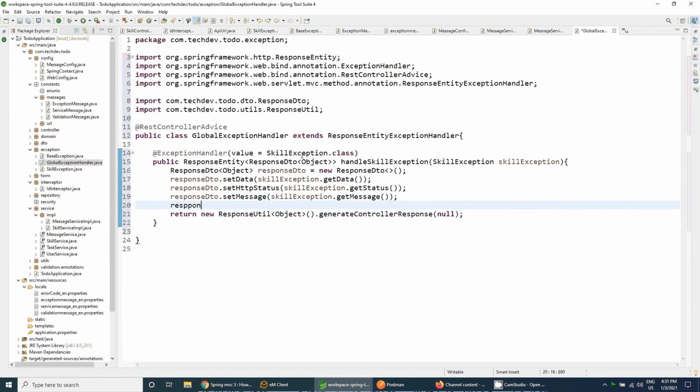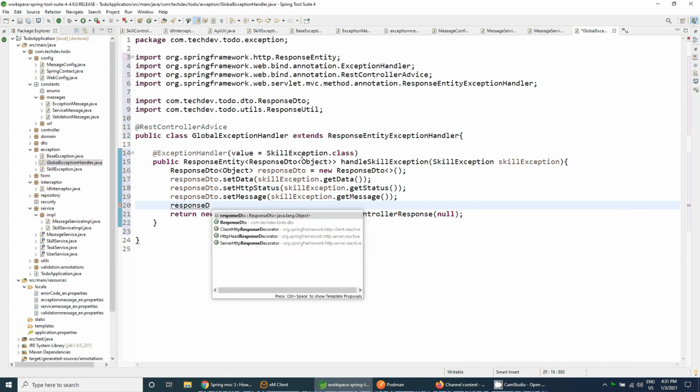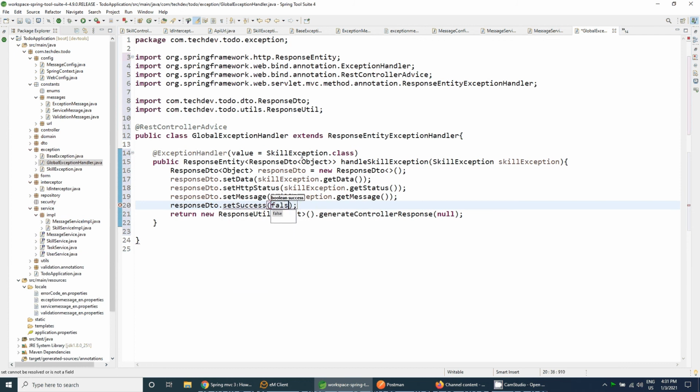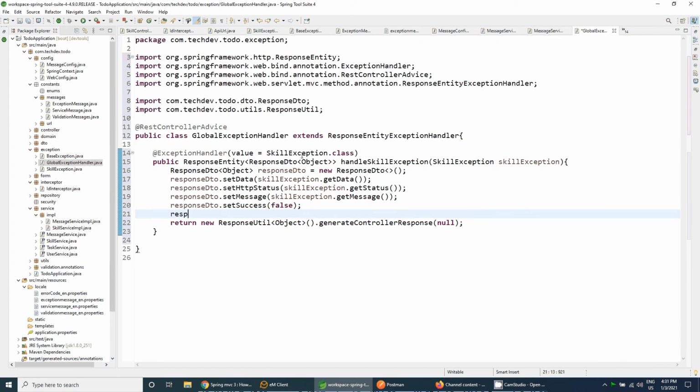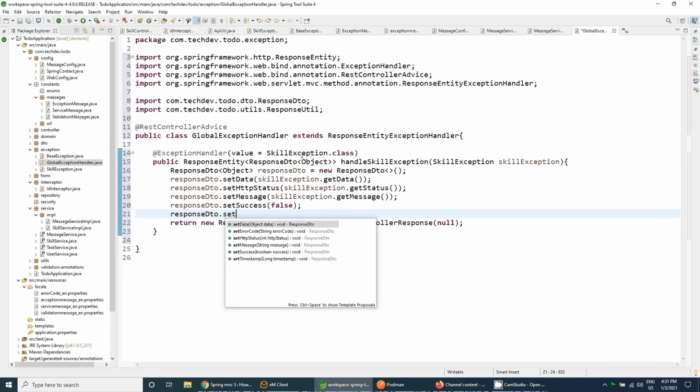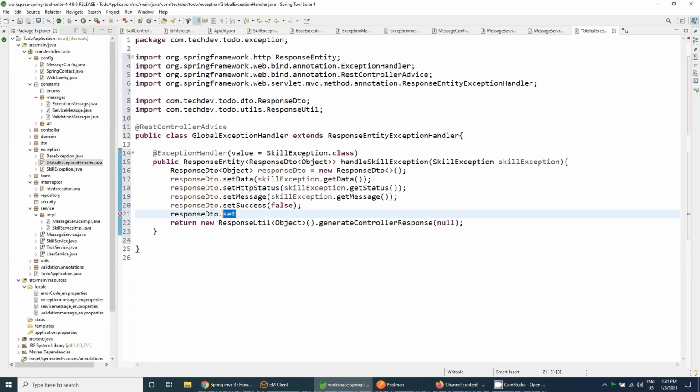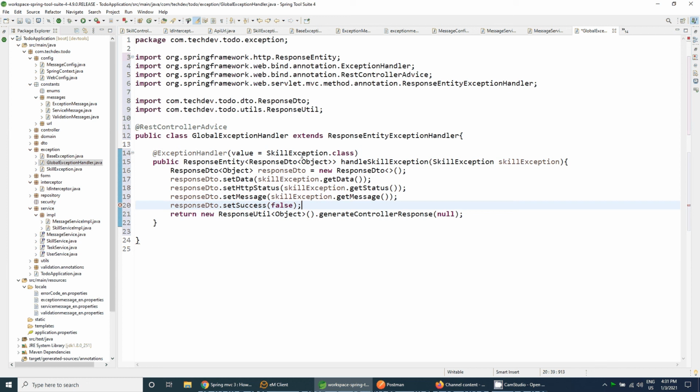And ResponseDTO dot set success should be false. ResponseDTO dot set timestamp: the timestamp will already be there inside the SkillException, so we do not need to write that.